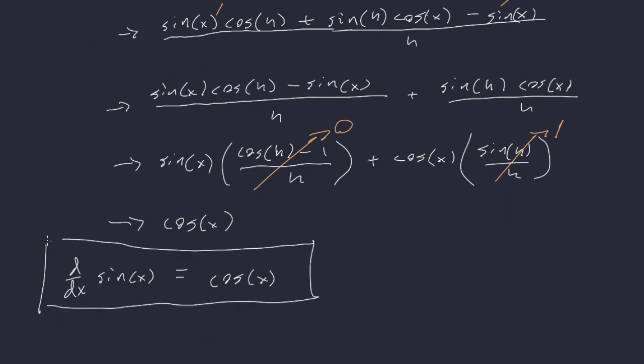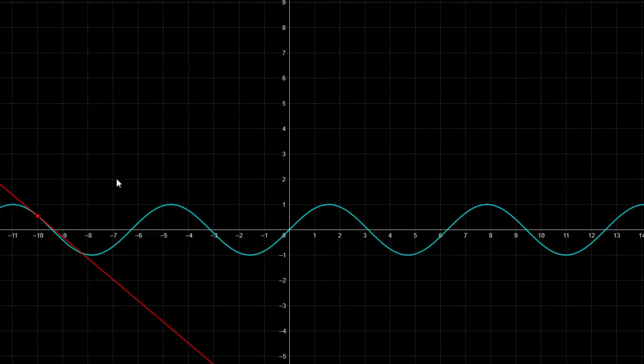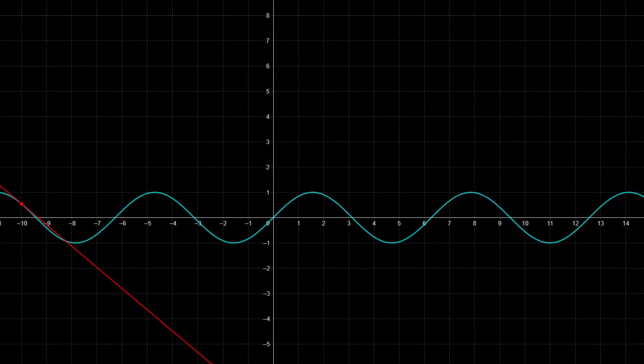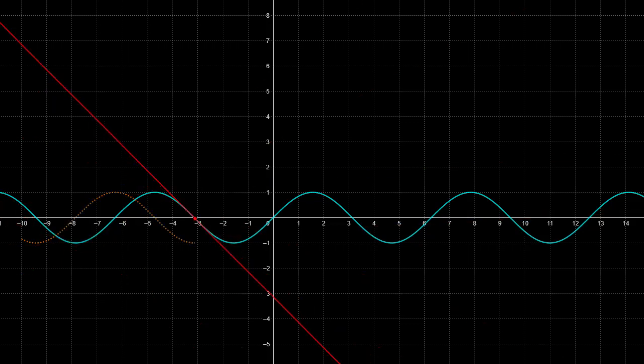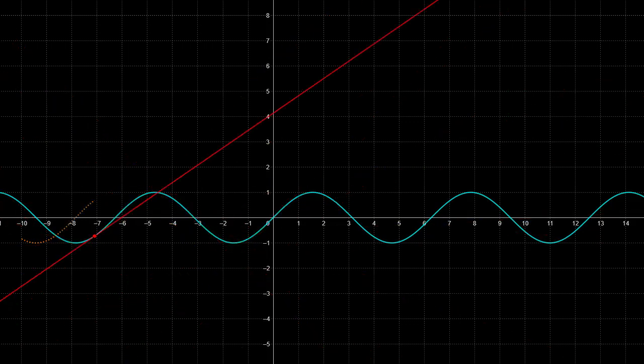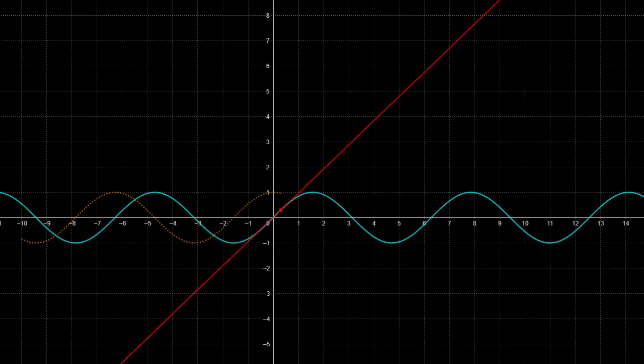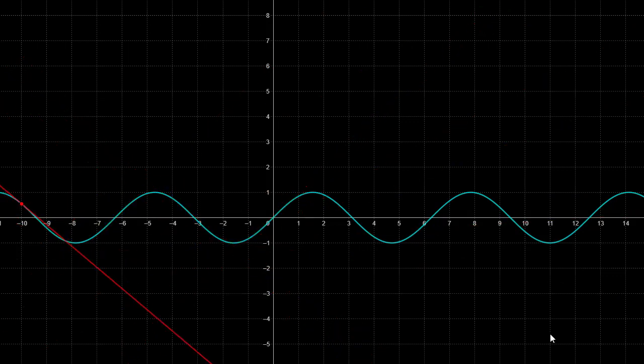All right, that seems fitting. And it's interesting if you look on the graph why this ends up working. Right, so if we start with the graph of sine here and start looking at the tangent lines as we go forward and match the y values to the slopes that we get, okay,